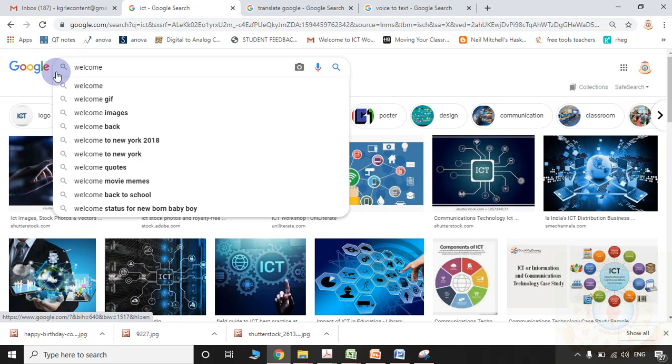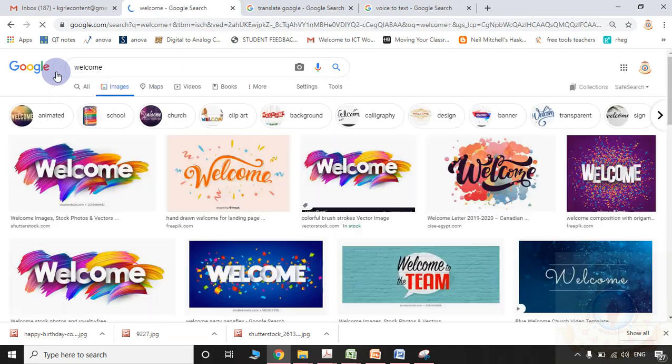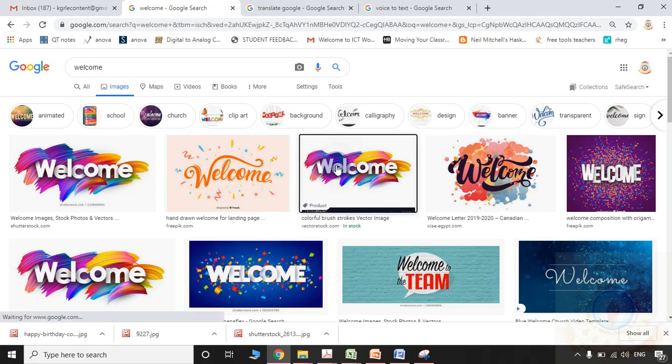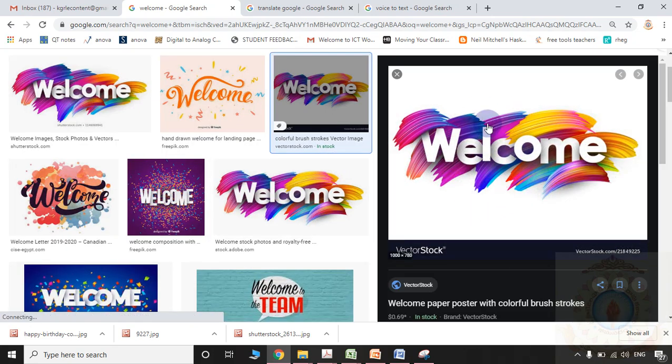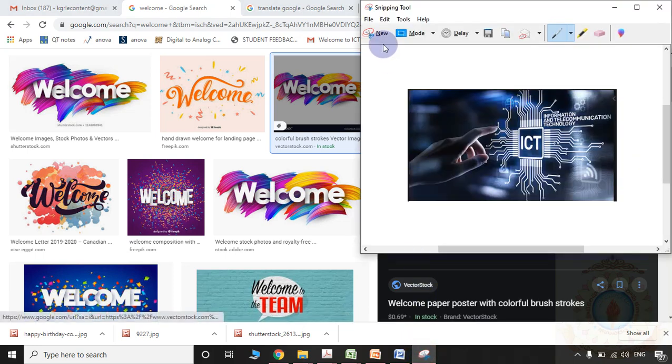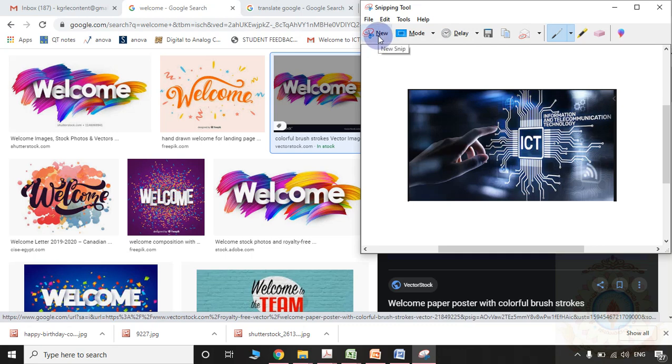One more keyword I am typing, like welcome. So this I want to paste in my MS Word document. Simply I am opening the window of the snipping tool, and I am selecting new snip.